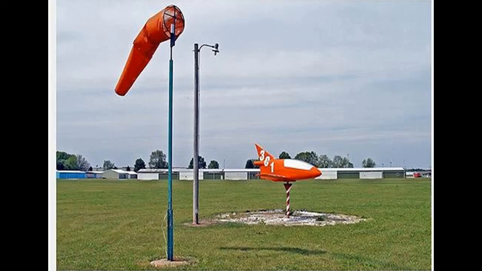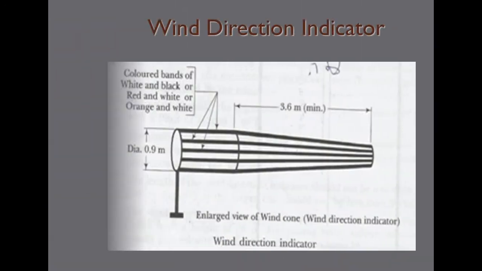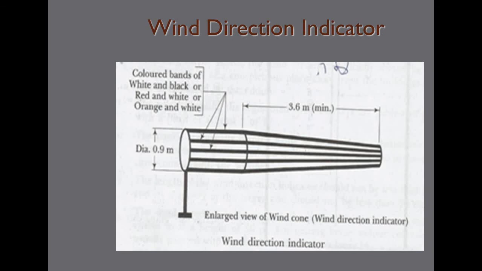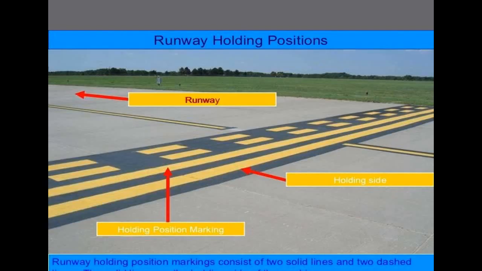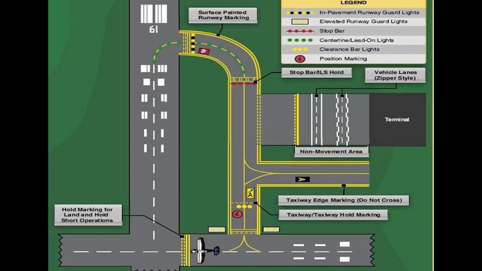So this is the picture of a wind cone. From the picture view of the wind cone, you can see the direction of wind through the wind cone. So based on this, the landing direction is indicated here. So these are the different pictures of runway holding positions, and this is the overall view of